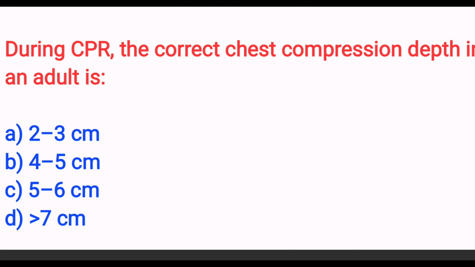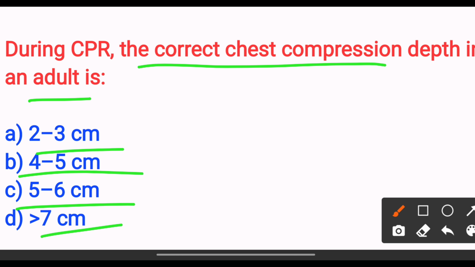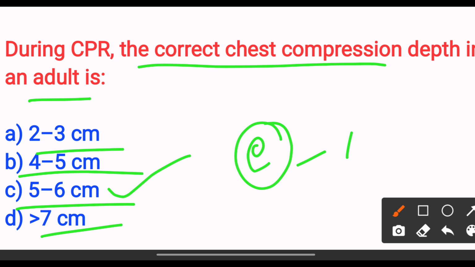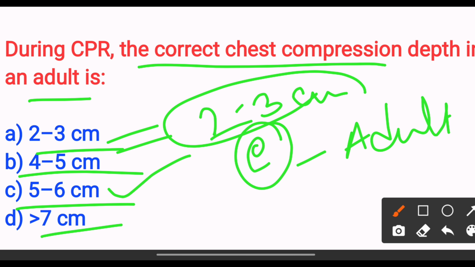During the CPR, correct chest compression depth in an adult. Option A 2 to 3 cm. Option B 4 to 5 cm. Option C 5 to 6 cm. Option D greater than 7 cm. The answer is option C 5 to 6 cm for the adult, and for the child or neonate 2 to 3 cm. Next,